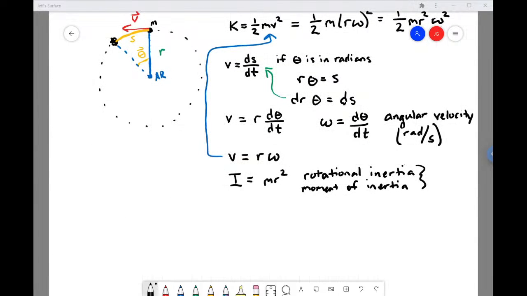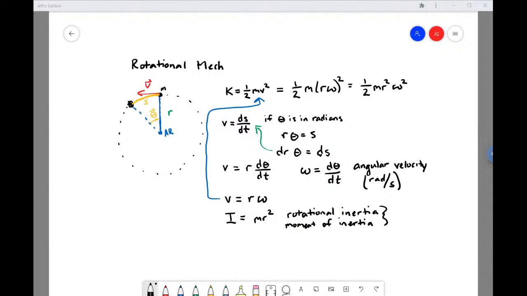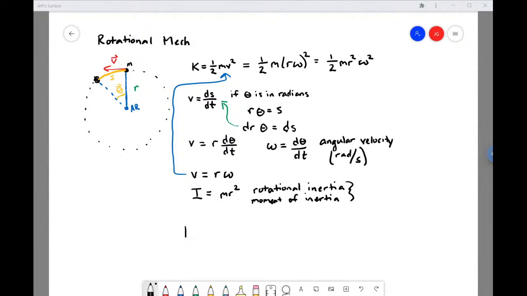So when we use this newly defined quantity, the kinetic energy of this rotating particle is 1/2 I omega squared. Okay, so this is rotational kinetic energy. I'll write that KE, rotational kinetic energy. So what we have is the m has become an I and the v has become an omega, but the structure is the same. And so we're going to see this theme played out in many different ways,